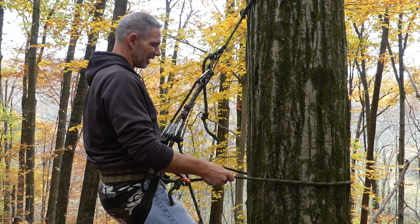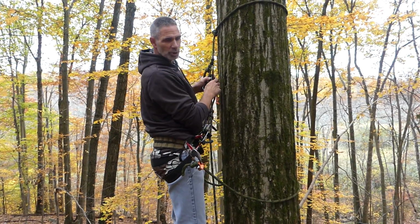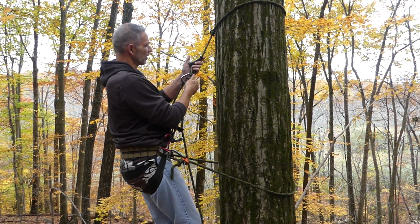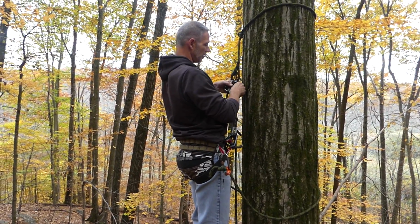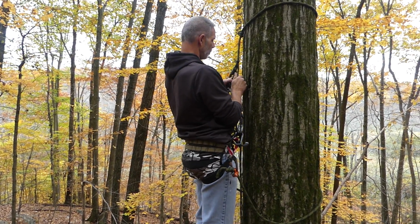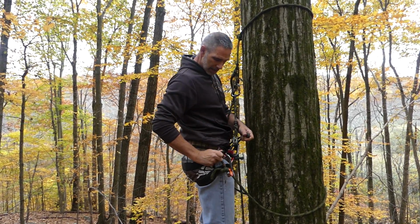Okay, so when I go to take this off, another thing you can do, the thing is with 2 carabiners, unless you tape these or put some stealth strip on them, you've got to make them quiet. They have a tendency of clanging and making noise. I'm just trying to show you something as far as safety. But as far as noise goes, if you don't want to do that, the other thing you can do,